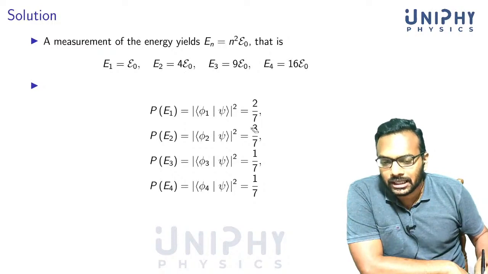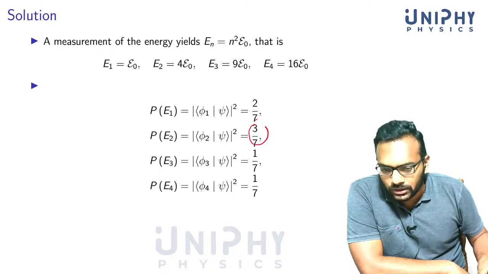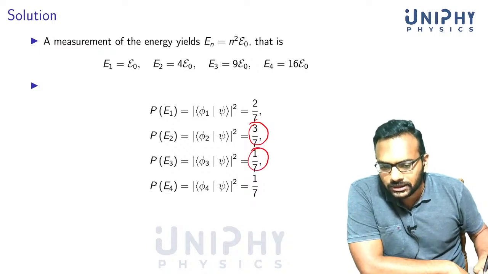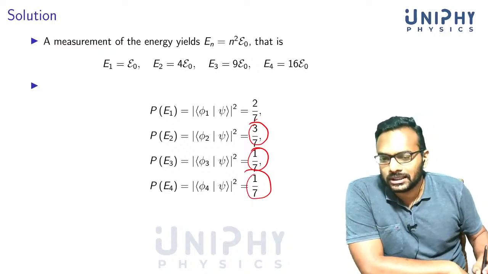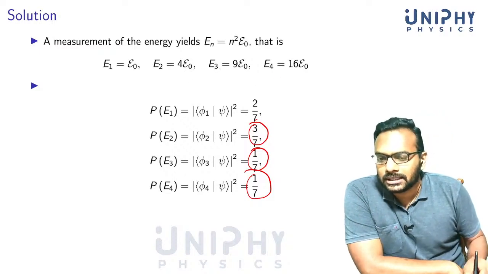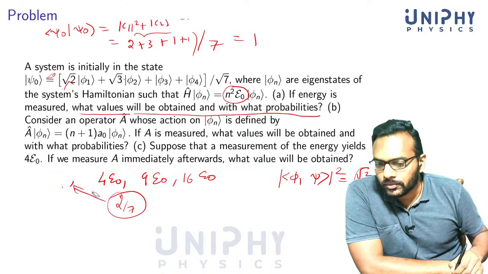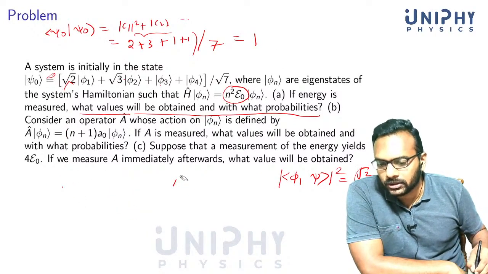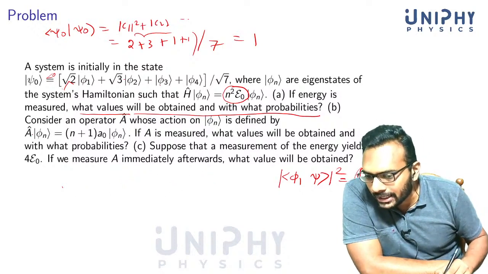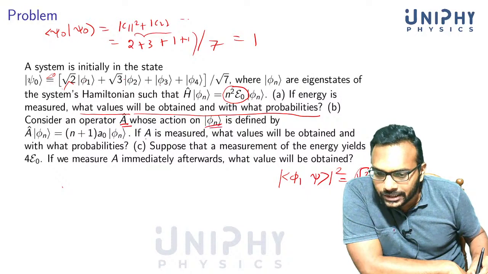In the same way, you can calculate the other things. 3 by 7, you just take modulus of C2 squared, modulus of C3 squared, modulus of C4 squared, and you get the probabilities. These are the possible measured values of energy. What's the second part of the question? There's another observable now, another operator A cap. Consider an operator A cap whose action on phi n is defined by